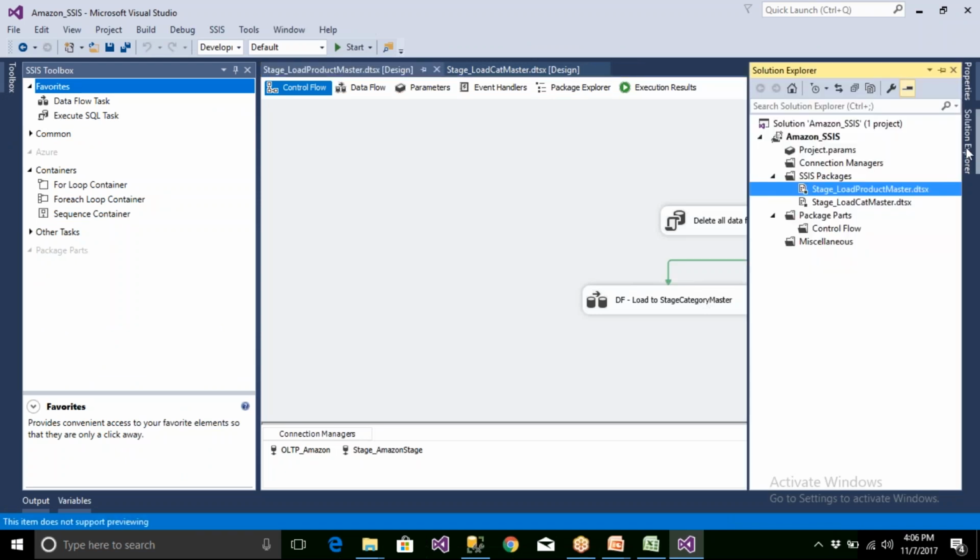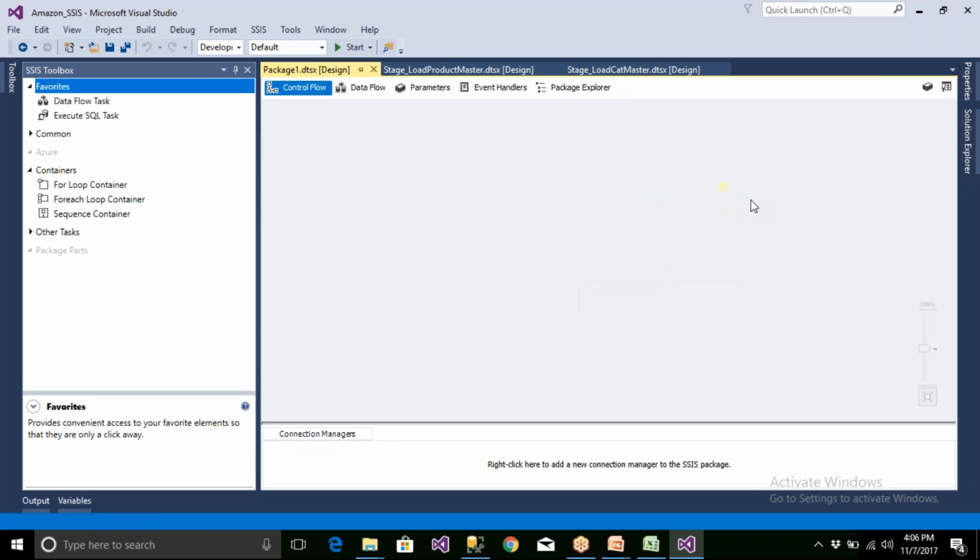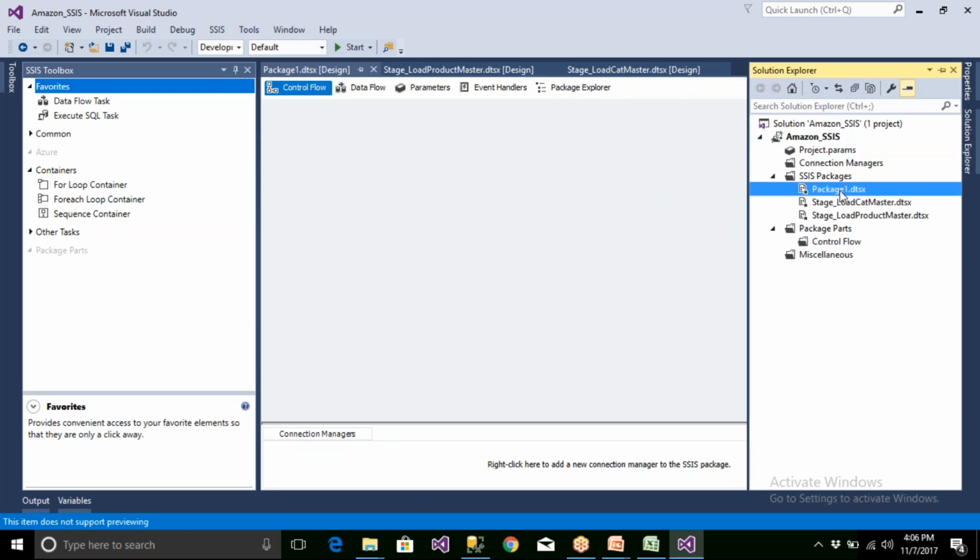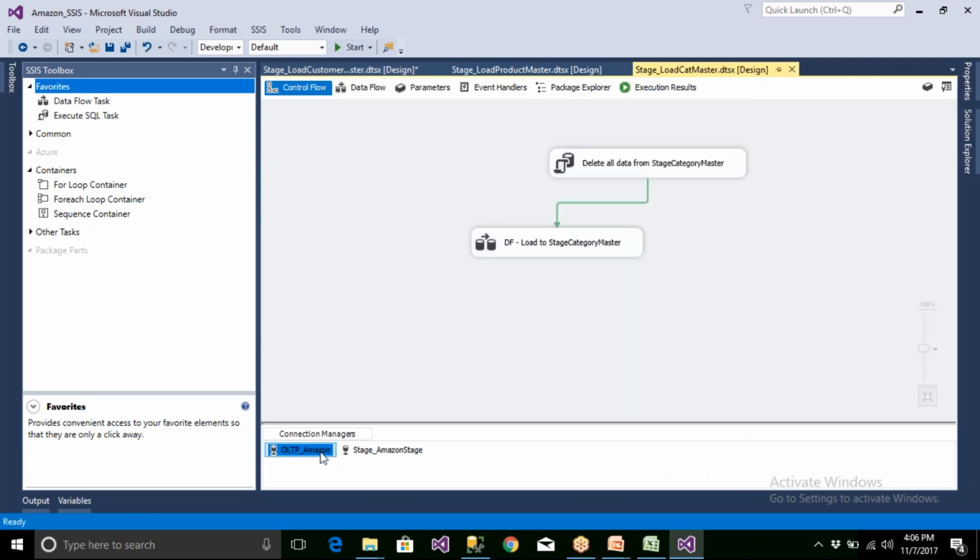Now you can also take one more package, and here you have to rename it, say, stage underscore load. So we have customer master. From here, let me copy these connections.